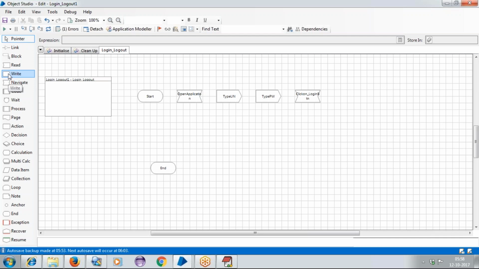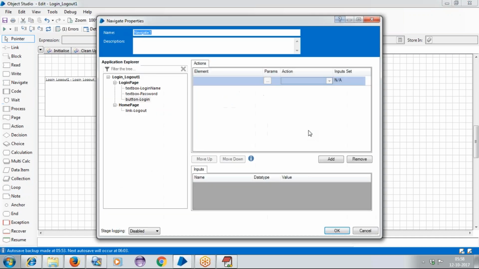They'll ask, if you want to perform the click activity on a button, what is the stage you will be using? We are taking the stage of navigate. All these things, each and everything, will be considered as stages here. Now again I'll be taking the navigate stage. Double click on it, and it will be taken with the click activity.